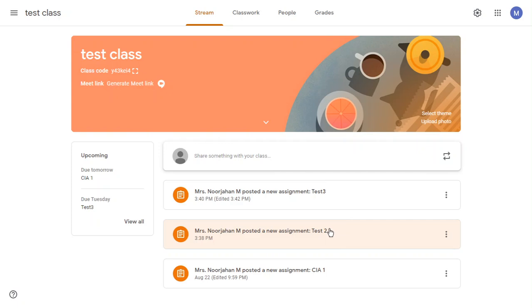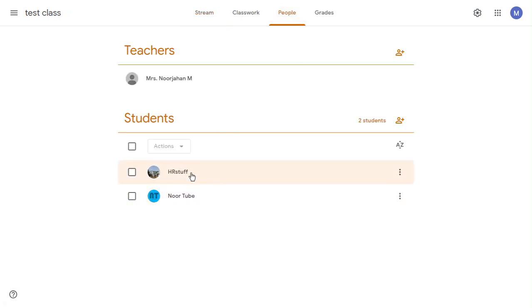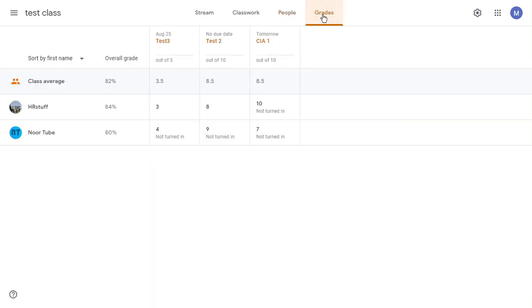I have made 3 different tests, and as a sample I have 2 students in my class, who have answered the tests after logging into the class. Now the main thing is the grades. When you have a separate class for the tests alone, all the test marks, test 1, test 2, test 3, get collected in a single sheet, as in our mark register. When the semester or the whole year ends, we can sum up the grade student-wise.